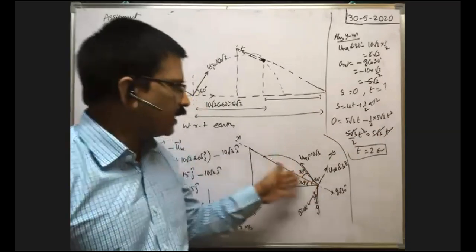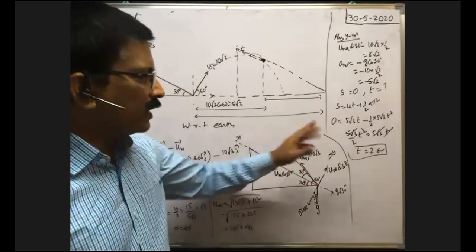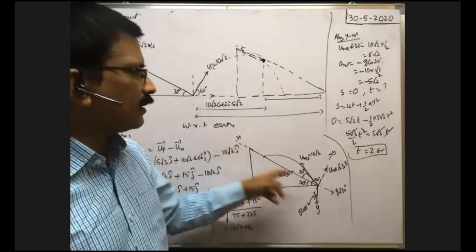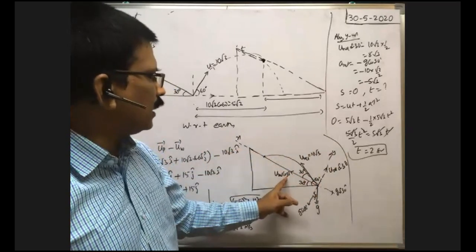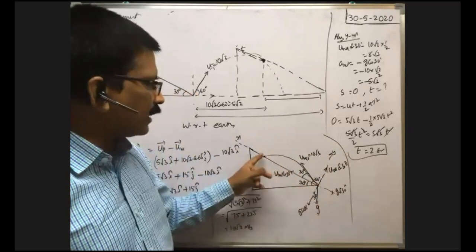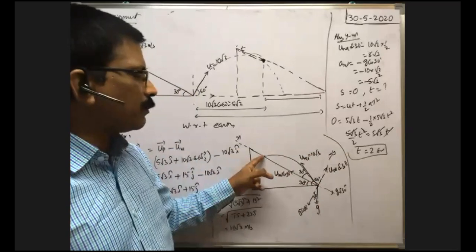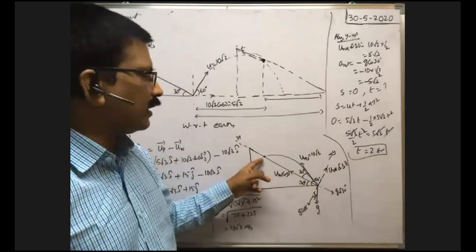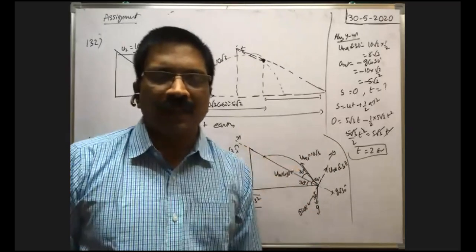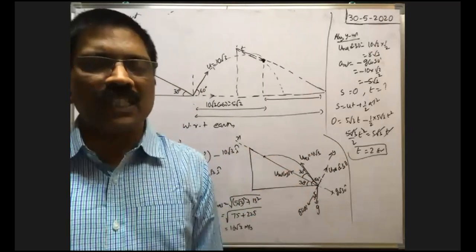What is the range on the inclined plane, they may ask. So same time, by taking along inclined plane, that means along x-axis, initial velocity is u relative into cos 30, acceleration minus g sin 30, and after a time t equal to 2 seconds, when it reaches the point here, the distance traveled along x-axis, s is equal to question mark. That is the distance we can find, which is the range along the inclined plane. In this way we have to do.